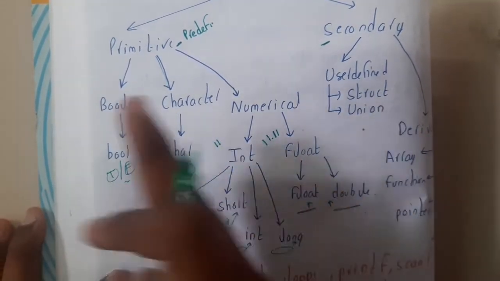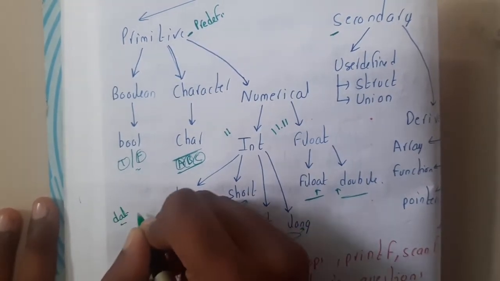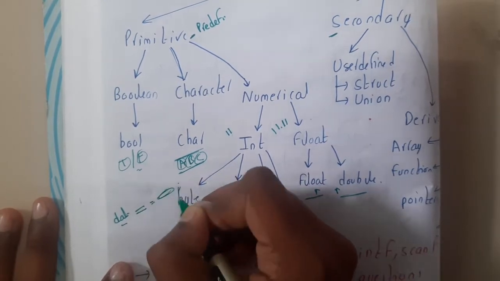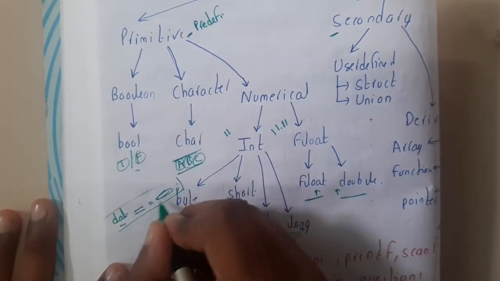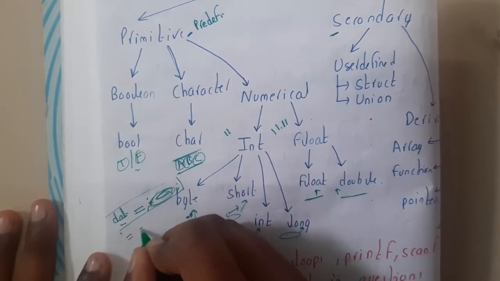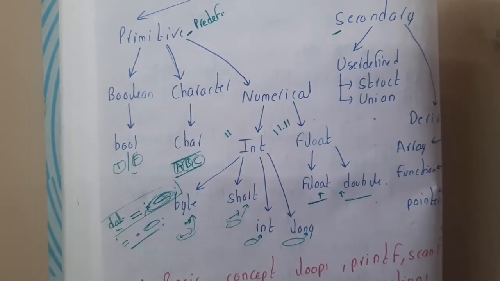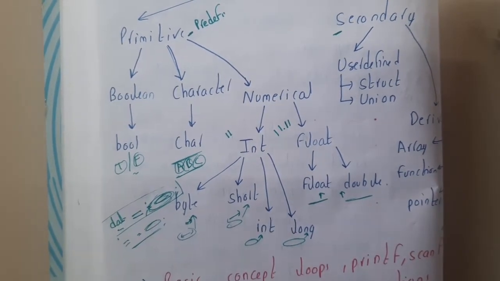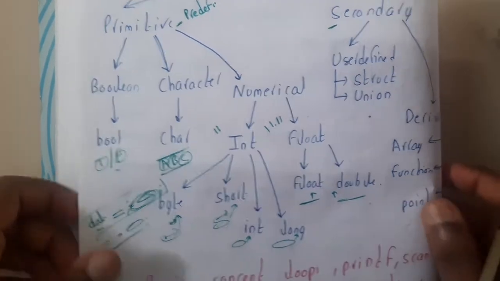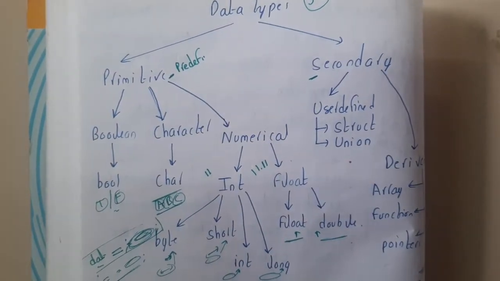If you directly write it, the syntax will be: data type, variable name equal to value, semicolon. If you want to assign the value later, you can just define the variable and write the variable name equals value later on. It's up to you. In that way you can define everything. While we are going through previous year questions, I'll show you how everything works. Don't think too much about it. Some basic knowledge will be enough for solving the GATE questions.